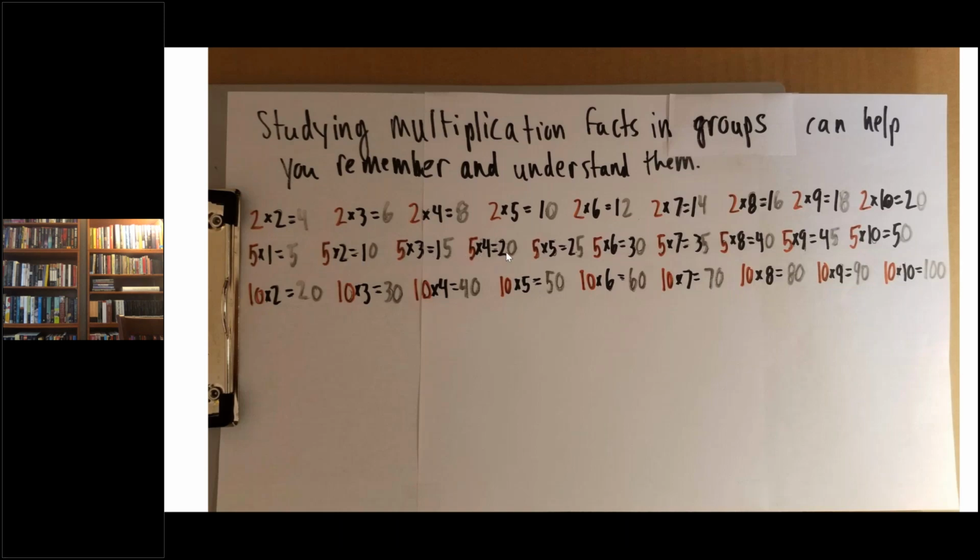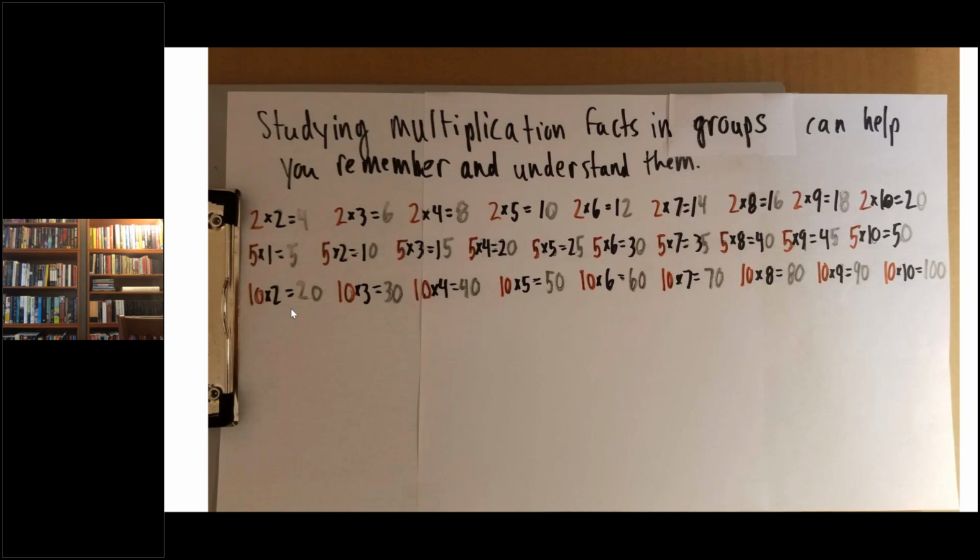And then 5 times 4 is 20 with a 0. 5 times 5 is 25 with a 5. 5 times 6 is 30. You have the 0. And this is again true with single digit numbers and adaptable to larger digit numbers. So it's something that can help you break that gigantic list of facts that you have to memorize into smaller, more manageable groups. And then this is an important one,